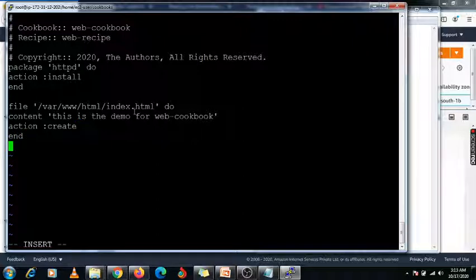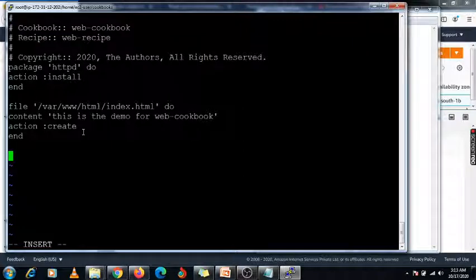Now if you want to start or enable your service automatically, because in the first line we mentioned the software will be installed, then in the second line we mentioned that the file will be created, that is our web pages will be created. Now we are mentioning my service. httpd is nothing but our service name, so this is our daemon.